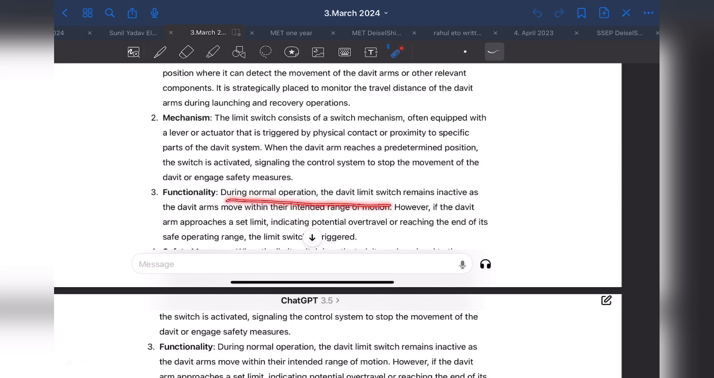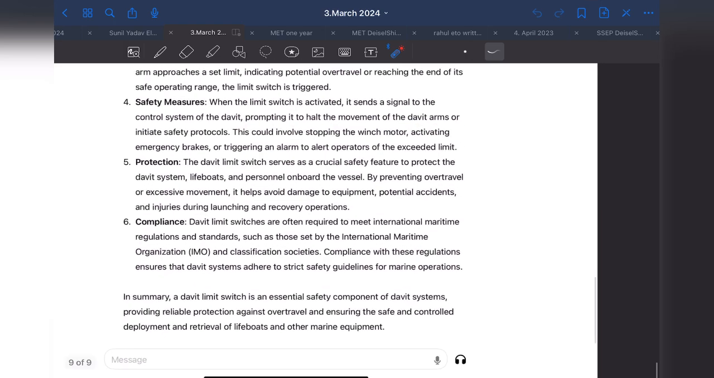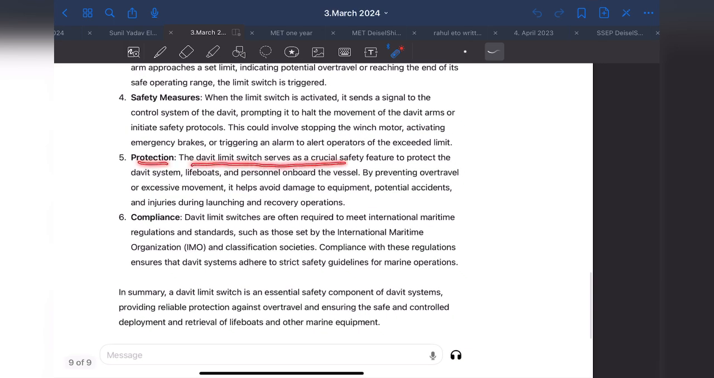During normal operation, the Davit limit switch remains inactive as the Davit arms move within their integrated range of motion. Safety measures: when the limit switch is activated, it sends a signal to the control system of the Davit, prompting it to halt the movement of the Davit arms. Same, already explained. Protection: the Davit limit switch serves as a crucial safety feature to protect the Davit system, lifeboats, and personnel